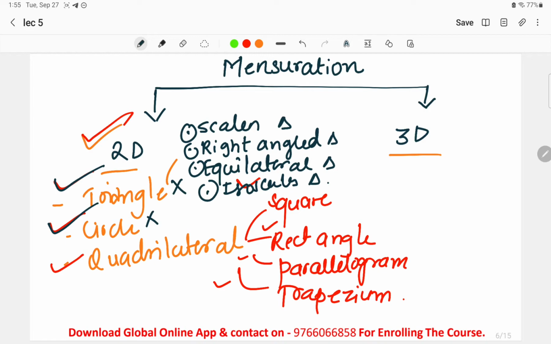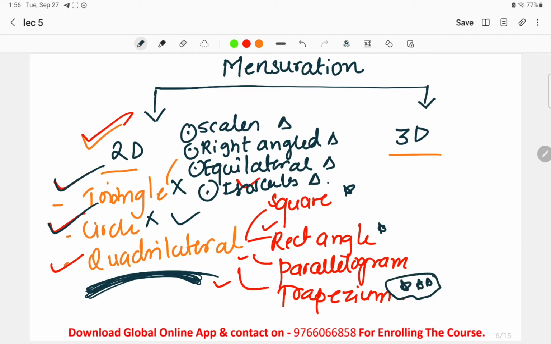Okay, but we'll discuss some of the formulas for circle, because it is directly linked up with the 3D structures. If you are finding in 3D structure cylinder, the formulas of the cylinder completely depend on the formulas for circle. Okay, so basically we'll deal with the formulas over here, but question has been never asked, but we will discuss it. Okay, so maximum focus should be given on the quadrilateral over here, specifically square, rectangle, trapezium is